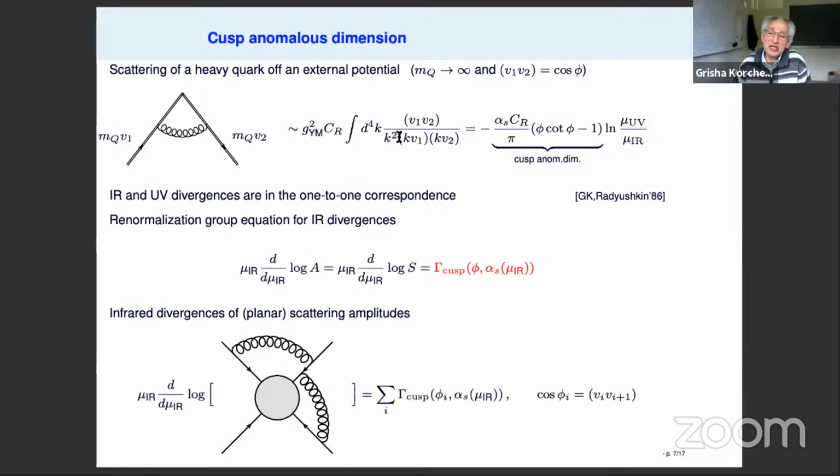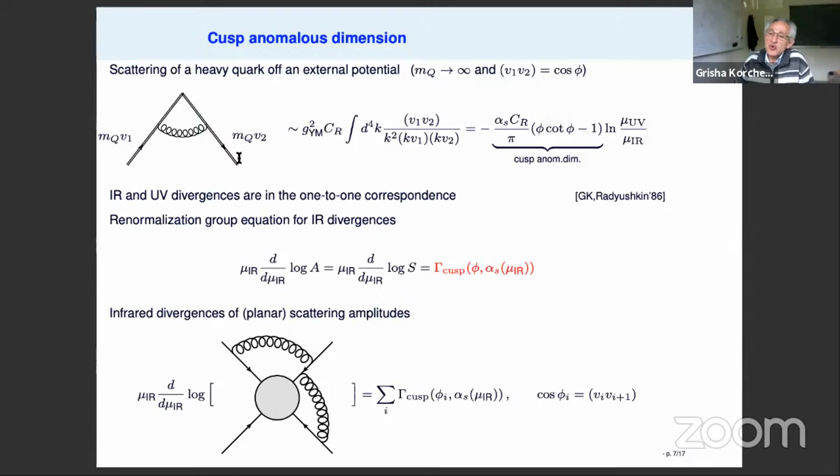At the same time, you can also see that the integral is divergent in the UV because it's a homogeneous function of k. Therefore, if you are careful with introducing regularization, you will find that the integral is both UV and infrared divergent. And since there is no other scale, it ought to be proportional to the logarithm of the ratio of those two scales. Since the UV scale appears in the numerator, you already knew from the previous paper by Polyakov that the coefficient in front would be this special anomalous dimension, which is called the cusp anomalous dimension. So this simple exercise tells you what is special about this Wilson line, which we encountered in the study of infrared singularities: they carry infrared divergences